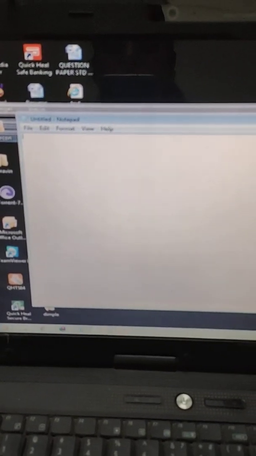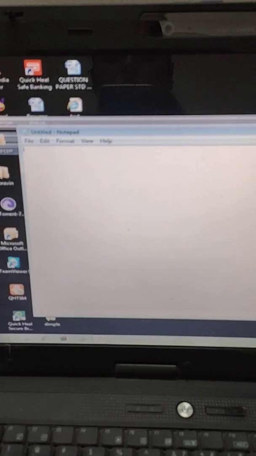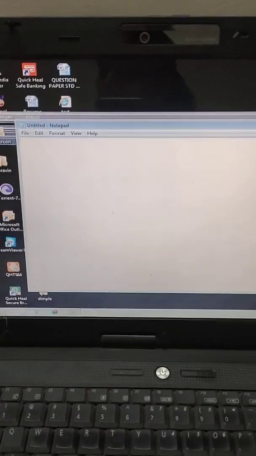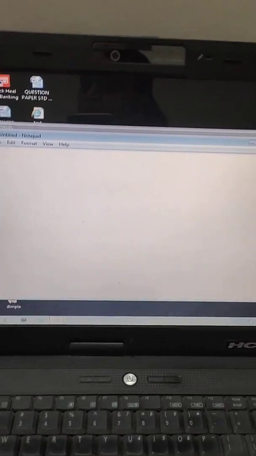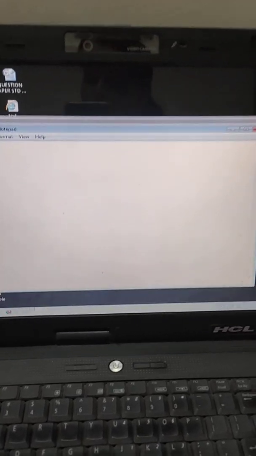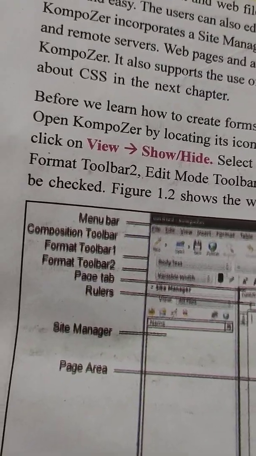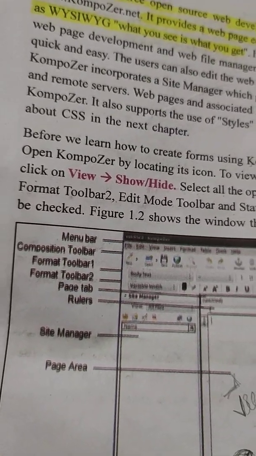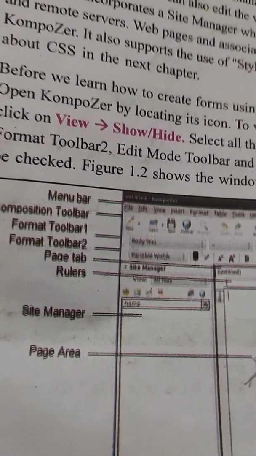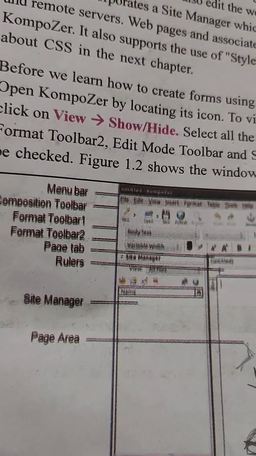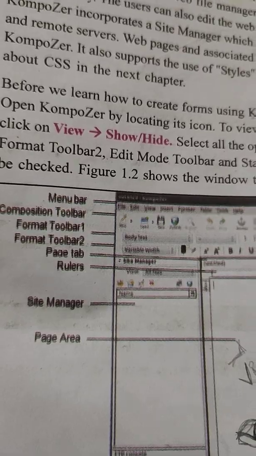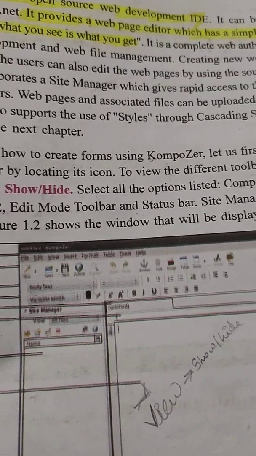File, edit, format, view and help. Nothing else. And what we have in Composer: it has many menus. Composer has a menu bar, composition toolbar, format toolbar, page tab, ruler to move here and there.